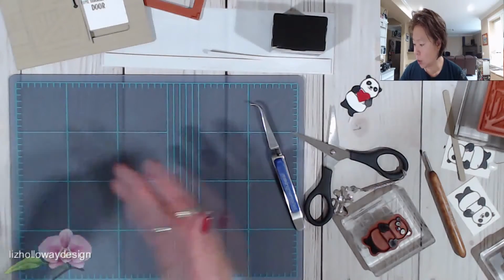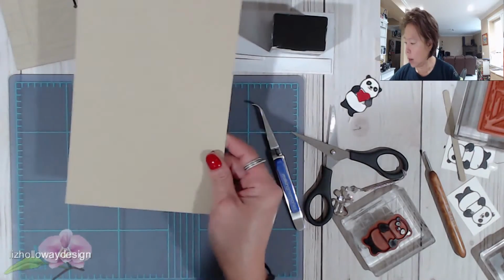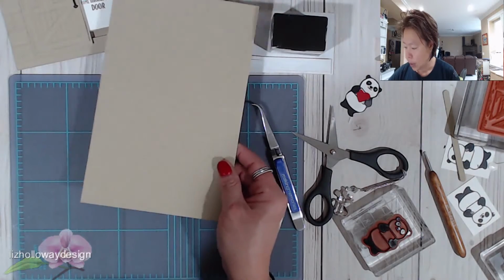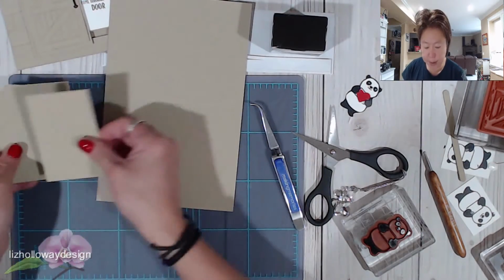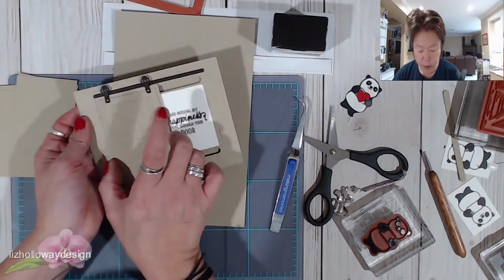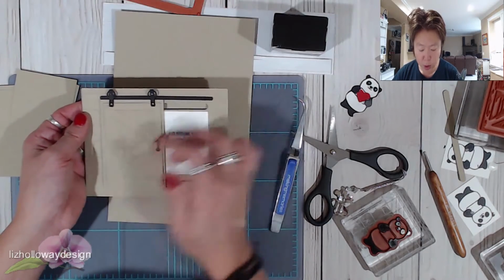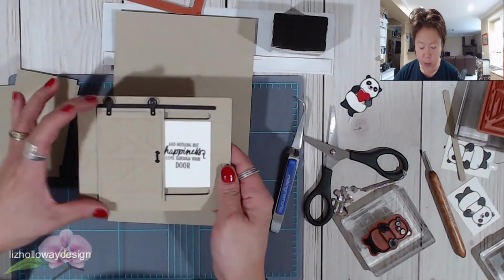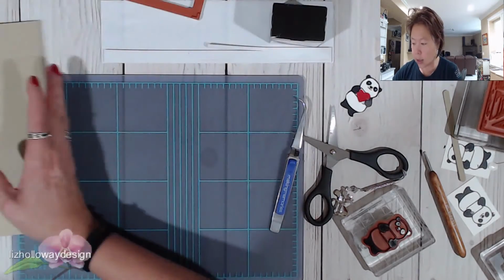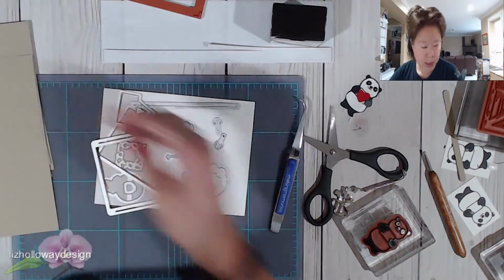So for the barn door, I got this 5.5 by 8.5, and it's scored at 4 1/4. And then all these measurements are also on my blog. So this is the backing of the door. When I was playing around with this, I found that the door was too short for the slider part, and so I had made it so that I have an extension. Okay, so I'm going to put this all aside,